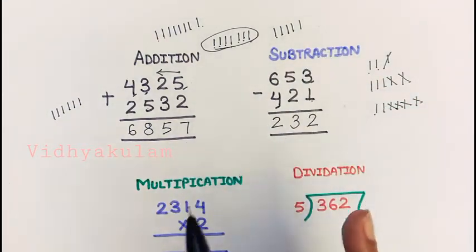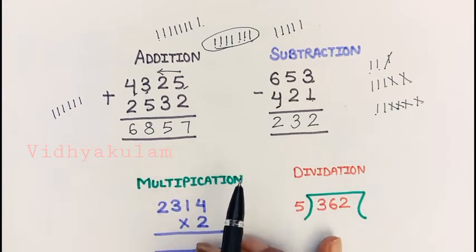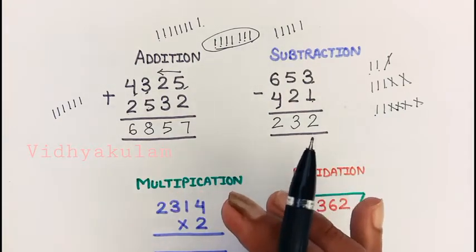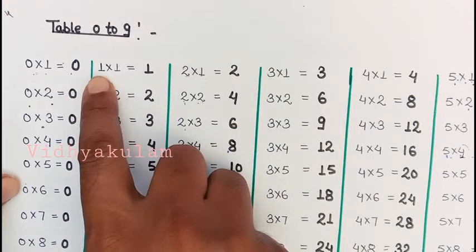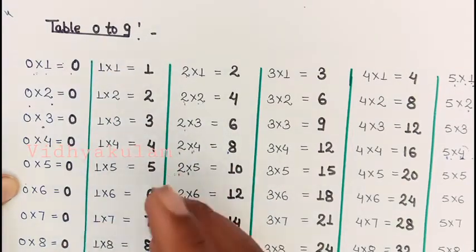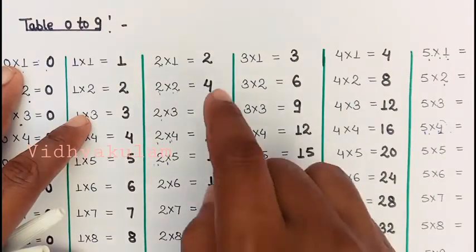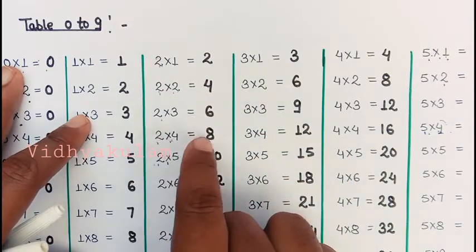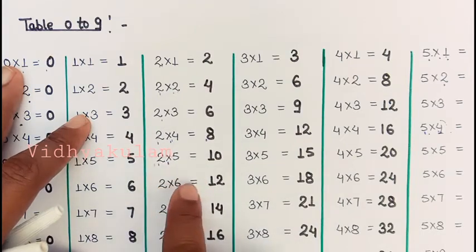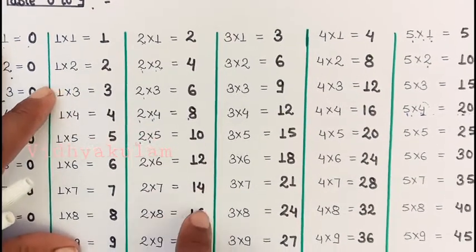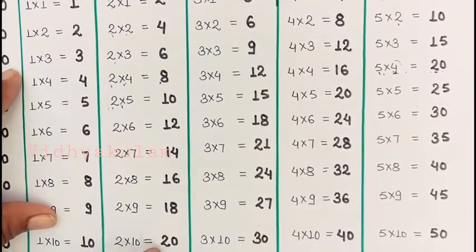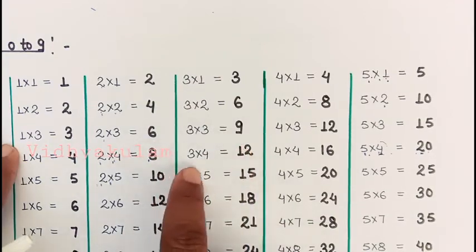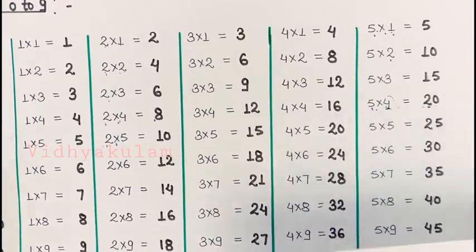Now let's talk about multiplication and division. Before solving questions of multiplication and division, you will have to memorize tables up to at least 9. The table is actually the product of numbers from 1 to 10. You will have to learn the tables of 2 to 9. So 2 1 ja 2, 2 2 ja 4, 2 3 ja 6, 2 4 ja 8, 2 5 ja 10, 2 6 ja 12, 2 7 ja 14, 2 8 ja 16, 2 9 ja 18, 2 10 ja 20. Similarly 3 1 ja 3, 3 2 ja 6, 3 3 ja 9, 3 4 ja 12. Take a screenshot and learn it.